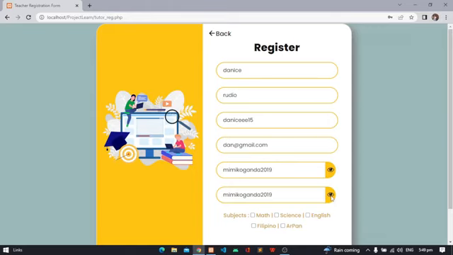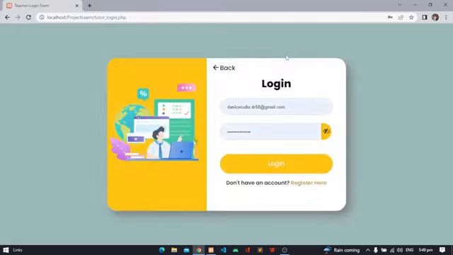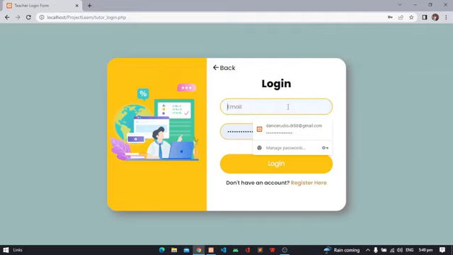Then, choose your primary subject. It says here that your registration has been completed. It automatically directs you to the login page after you register.